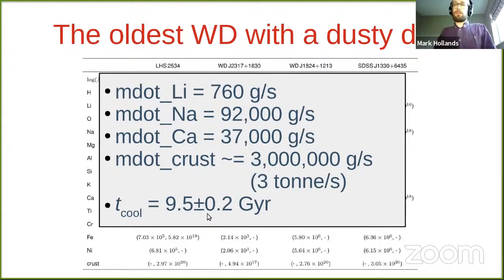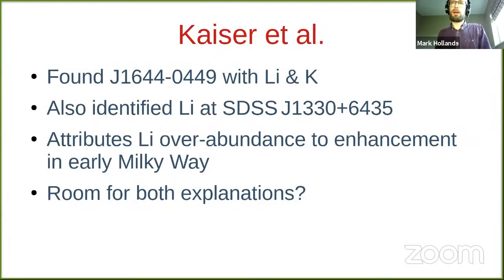And just to finish off the talk, I really need to talk about another paper and compare against it, because while we got this work published in February, we were slightly beaten to the punch by Kaiser et al., who got their results published in December, where they found a star, J1644, that also has lithium and potassium in its atmosphere. They also rediscovered the lithium in SDSS J1330, but they had a different explanation for lithium,